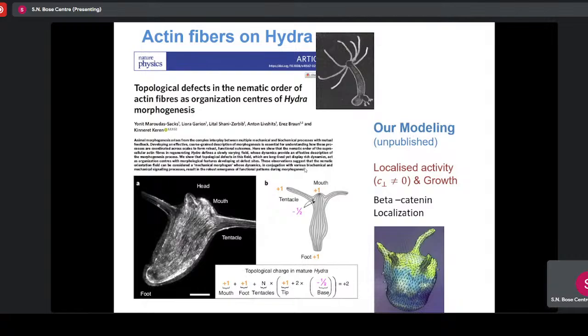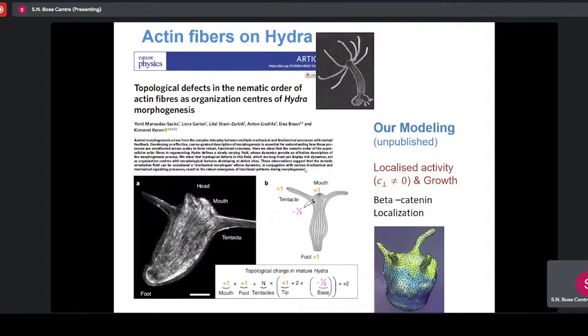Now because active matter is so popular these days, they did project this phenomenon as an active matter phenomenon where ATP is involved and so on. But what we think is that there is no evidence of activity in terms of flows, because in active matter physics, mainly you have activity, activity induces flow, and flow moves things and shape changes and so on. In this context, there is no such evidence.